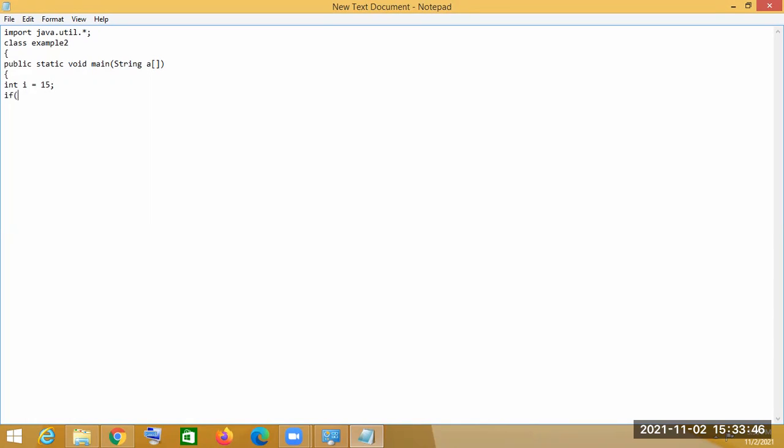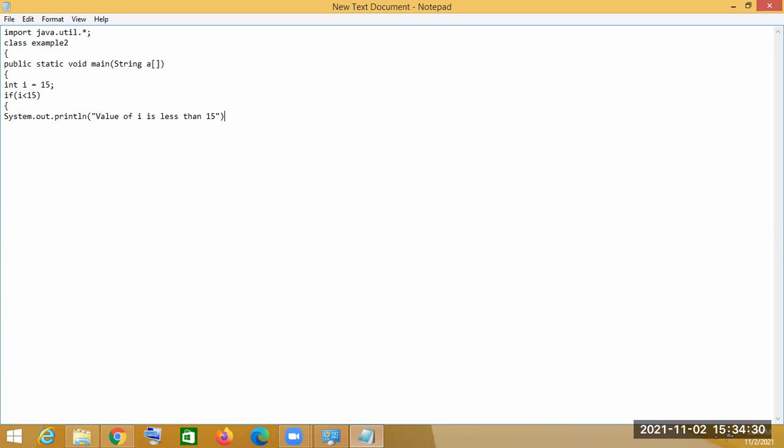Now I use a condition: if i is less than 15, then it will print with System.out.println the value of i is less than 15.